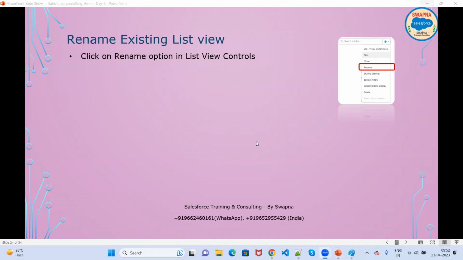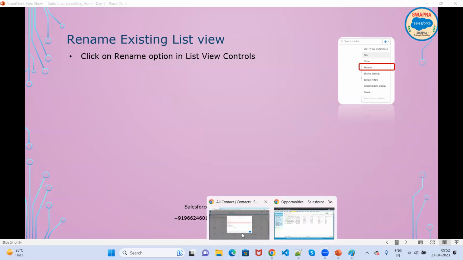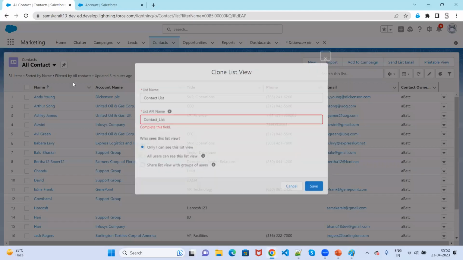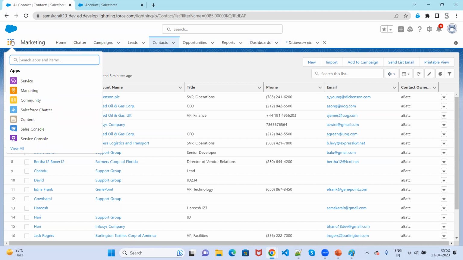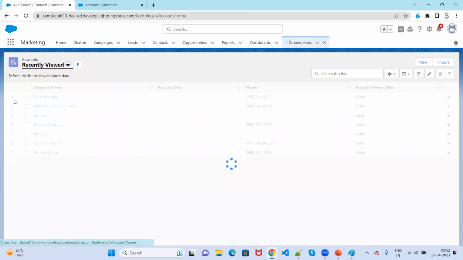Okay. Now here, rename. Rename is basically when you already have a list view, and the client does not like it. They want to change the name of the list view. For example, here we have accounts. On the accounts, if you go to the account, you have a list view called